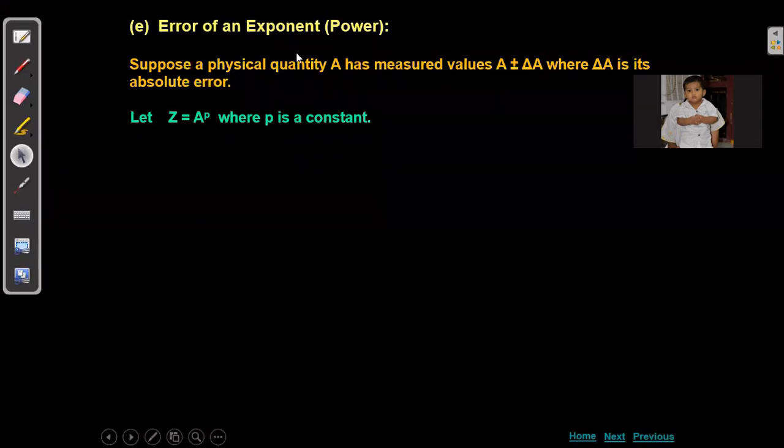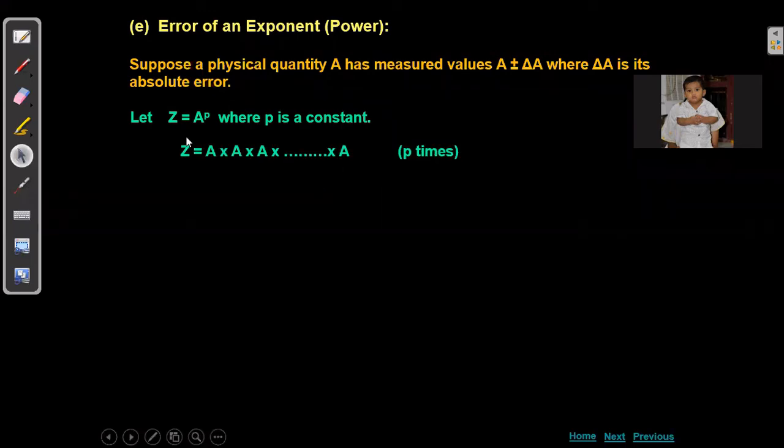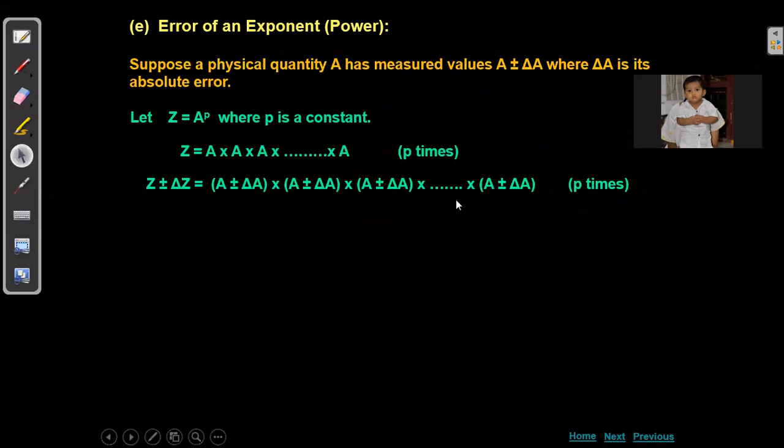Here I have taken P because the power I have got, the same thing I have taken. Now suppose in the values, if we have powers, how to find errors, that is what the last one is. Now what we can write, A power P is equal to A into A into A into A. How many times will we write? P times we can write. That is what A power P means. A power N means N times we'll write. A power P means P times we are writing. Not much difference in this.